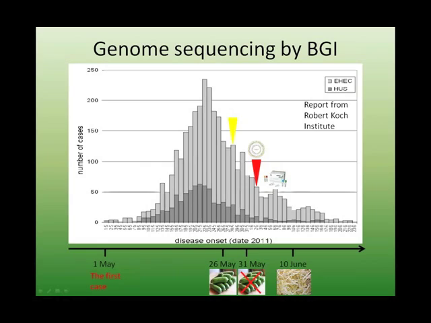Then I immediately proposed the idea to send the DNA sample of the outbreak strain to BGI for genome sequencing. I know actually there are a lot of genome sequencing facilities in Germany and even in Hamburg. However, I think this is a rather emergent case, and we need extremely fast sequencing and want to get the result as soon as possible. And I know people from China work overnight for this. And actually, we are very glad this is the case.